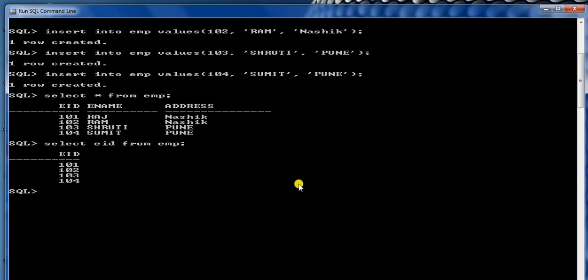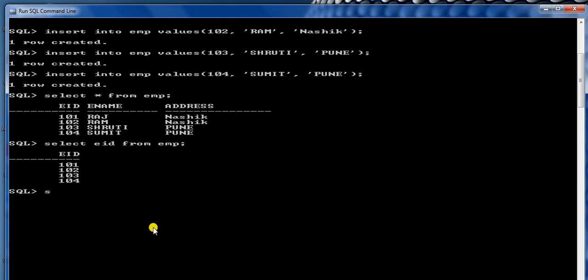Then we can display the data which checks a condition also. If we have to display the employee ID and employee name of the employee whose employee ID is 101, we can display that particular data also.